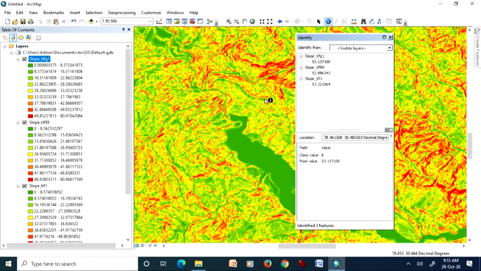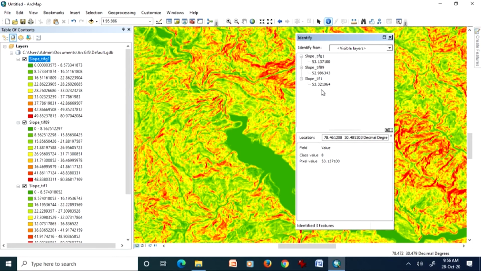The top one is with the geodesic method and Z factor 1, where this value is 53.137, whereas when we keep the correct Z factor, that is 0.5 times 0.89, it is giving 52.98, while with Z factor 1 and the planar method we are getting 53.32.